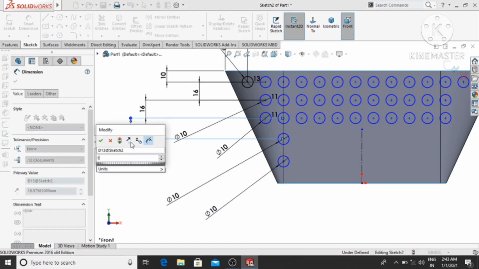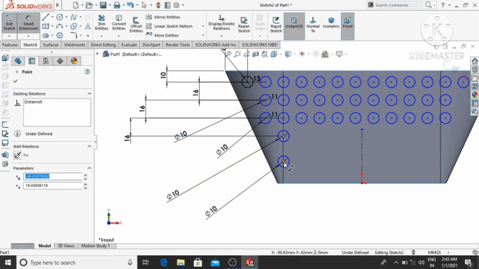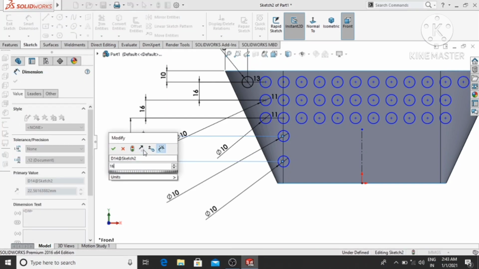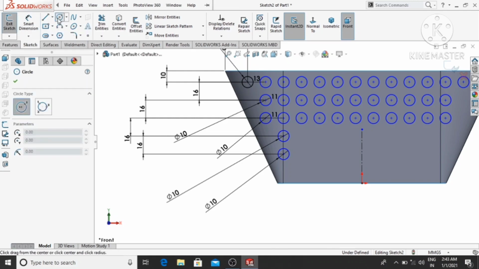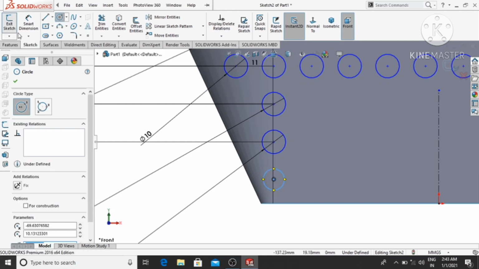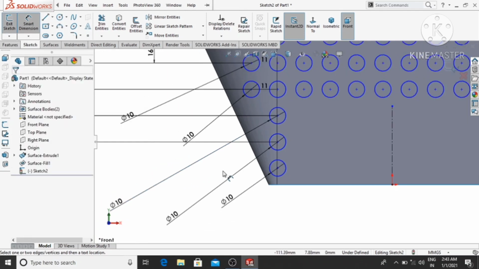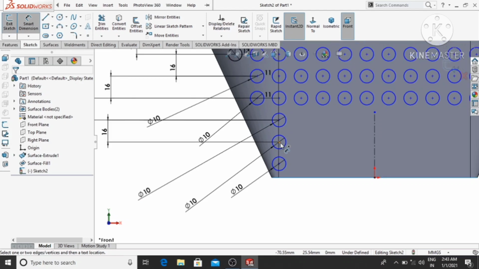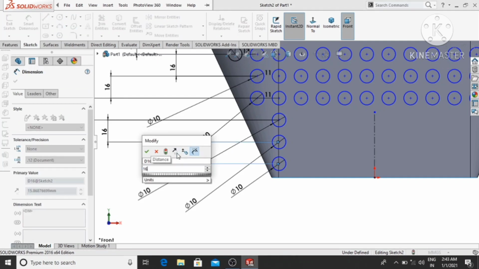This gap is also 16. Again select the circle and make a circle here, and from this point this gap will also be 16 mm.